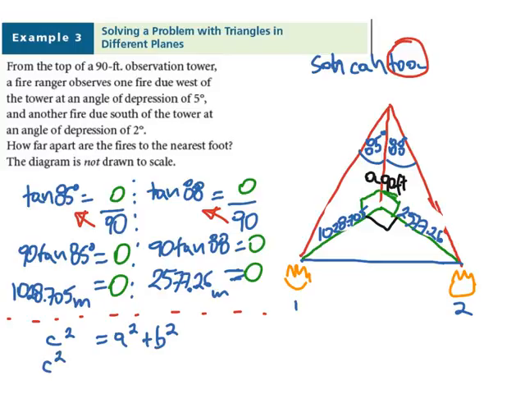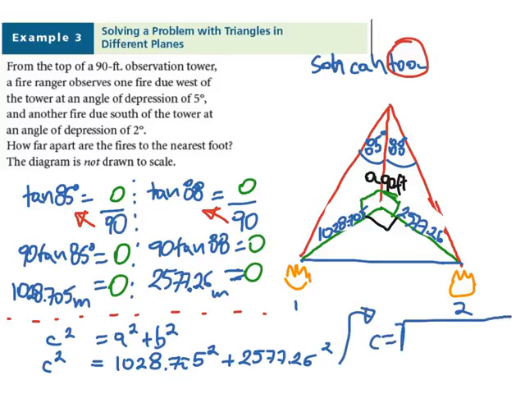And we're going to use now the values that we obtained in the previous tan ratios and the 2577.26 meters as well, squaring it. So we're going to continue right here. That means for C, you have to take the square root of everything that you see in the box, and we will get the distance between the fires of 2,775